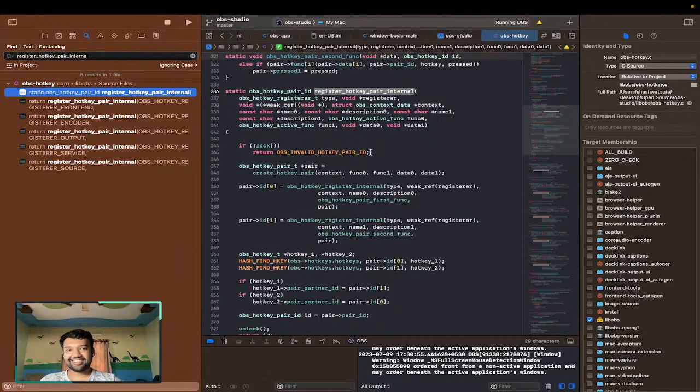Okay, obviously the context data is there, and there's a name and a description. So there are the two hotkey pairs, which are name 0 and name 1, and description 0 and description 1. And then hotkey active